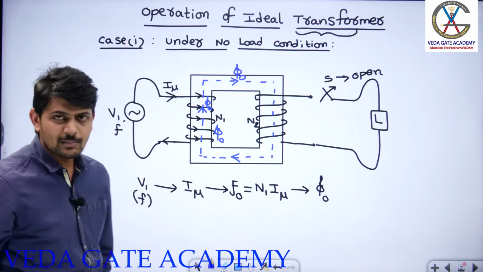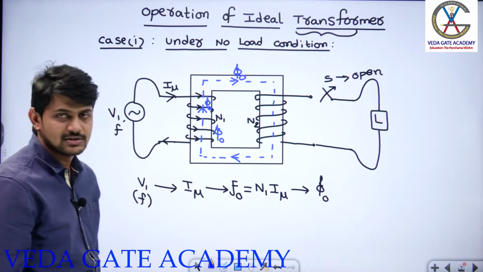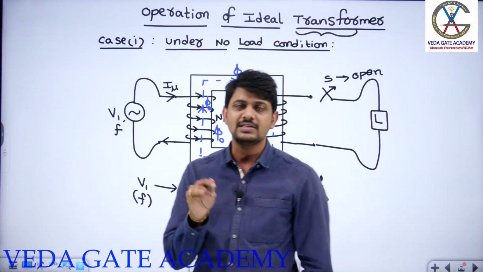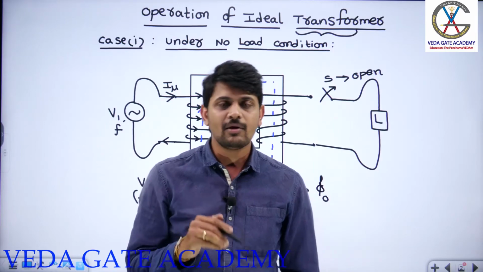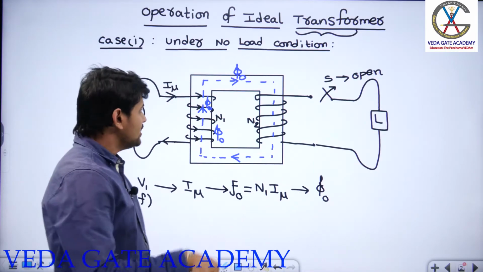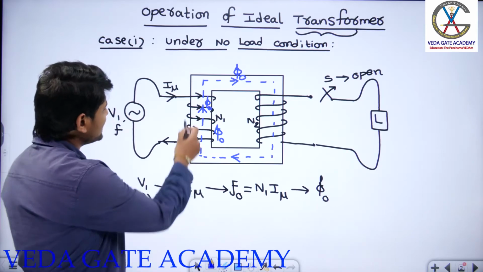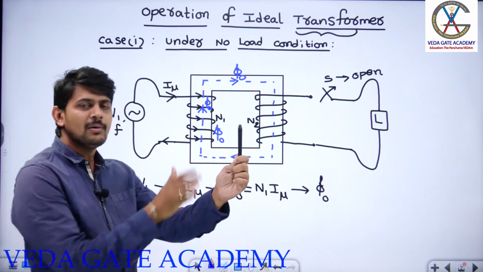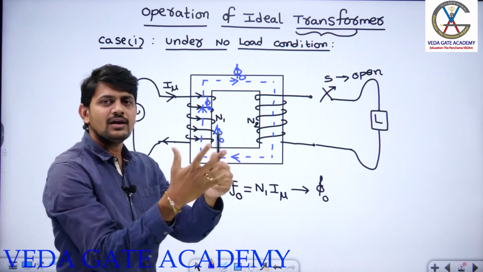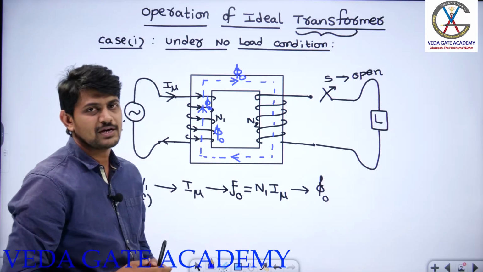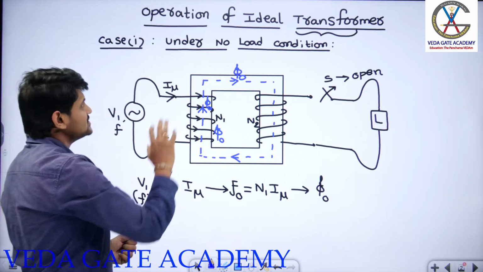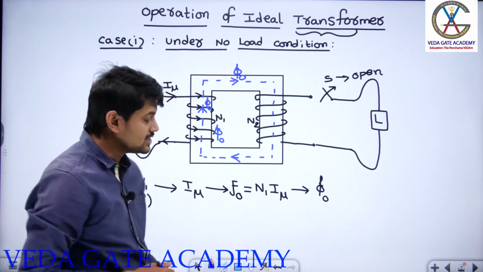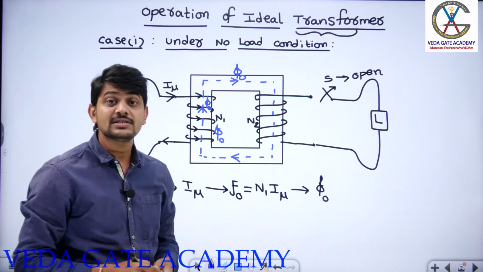Here Faraday's law comes into the picture. Why does Faraday's law come into the picture? What is Faraday's law? Whenever there is a relative space variation or relative time variation between a set of conductors and a magnetic field, then EMF gets induced across the set of conductors. Here, can I say my group of conductors are moving or stationary? They are stationary, because I have taken a limb, and on this limb we have wound a winding, and this winding will be stationary. So it is not going to be moving with respect to space. This is not a rotating device, it is a static device, the transformer. So my group of conductors is stationary, but the flux which is linking with this winding is time varying in nature.